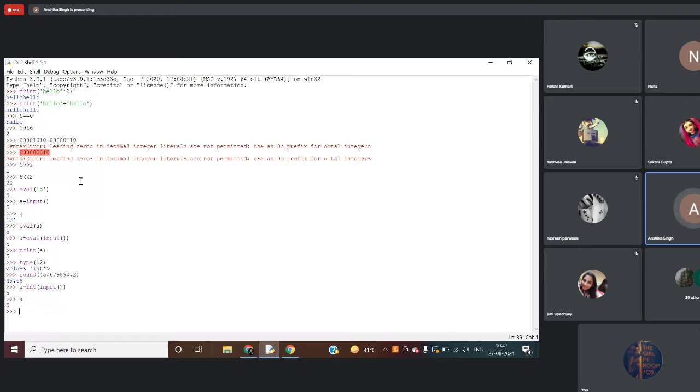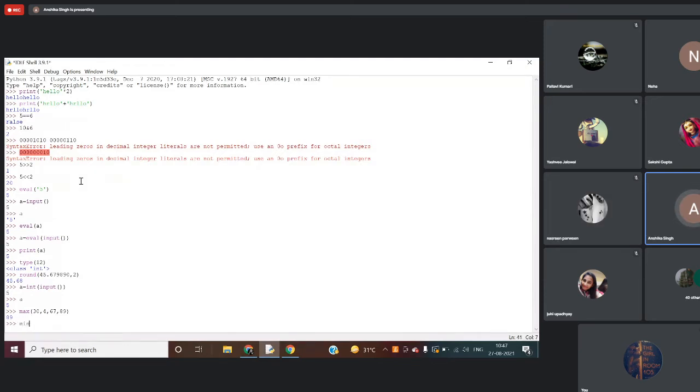Then after this round, you have the min and max functions. Just like in a list, you can find out the minimum and the maximum. So if I'm giving max 34, 67, 89, then I will be getting the answer as 89.